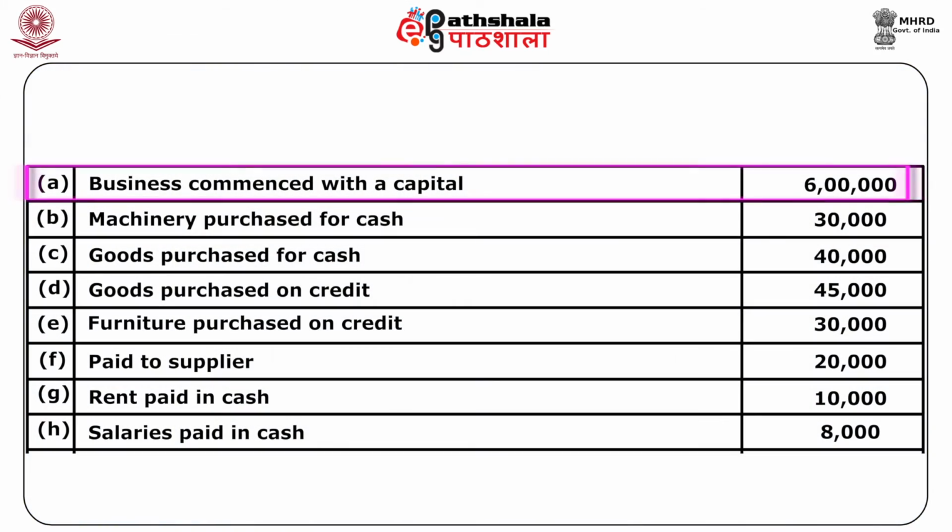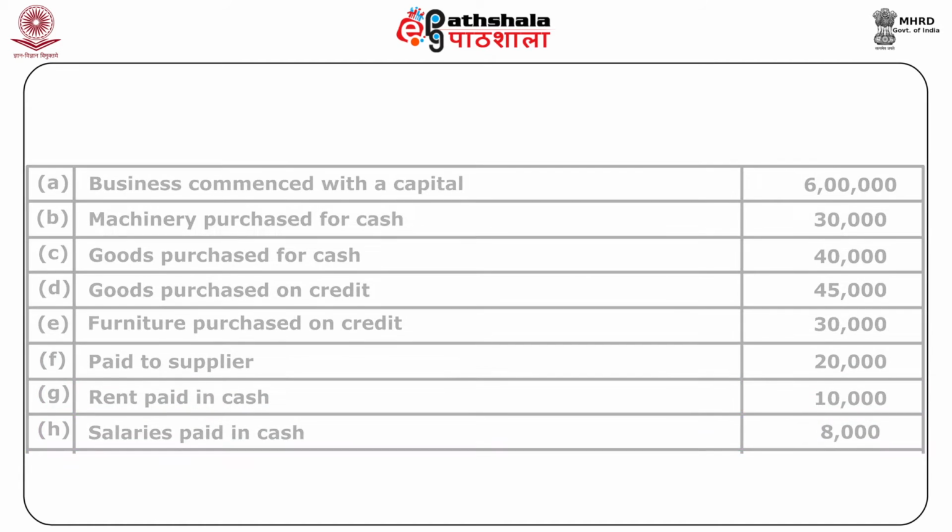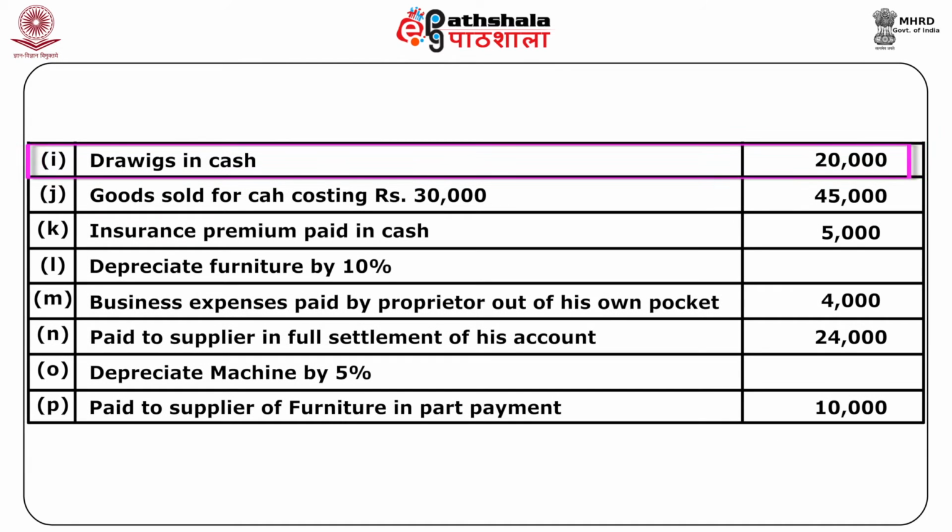The first transaction is business commenced with capital of 6 lakh, machinery purchased for cash of 30,000, goods purchased for cash of 40,000, goods purchased on credit of 45,000, furniture purchased on credit of 30,000, paid to supplier 20,000, rent paid in cash 10,000, salaries paid in cash 8,000, drawings in cash 20,000, goods sold for cash costing rupees 30,000